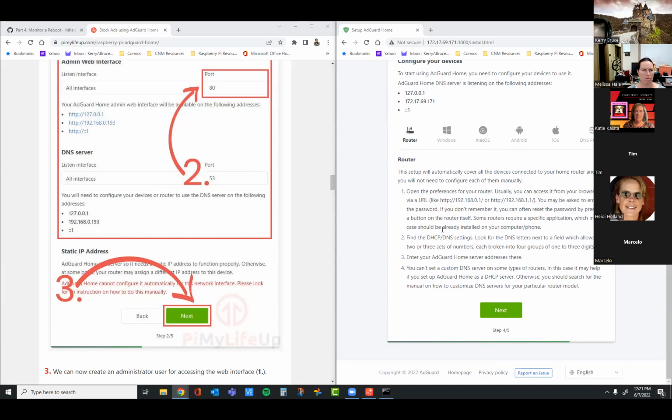So what are they having us do on the router? That's weird. Okay, so this one, the way this is written is they're having you change the settings for your DNS on your router. So then everybody in the network will point to the router, and the router will then point to this as the primary DNS.